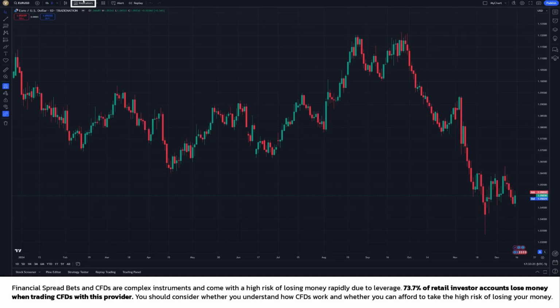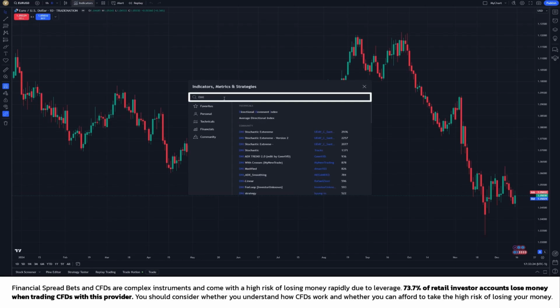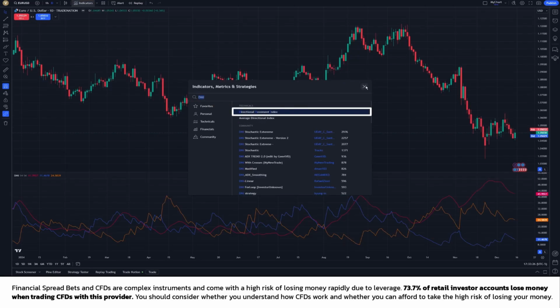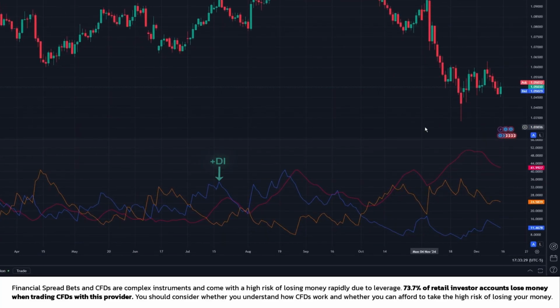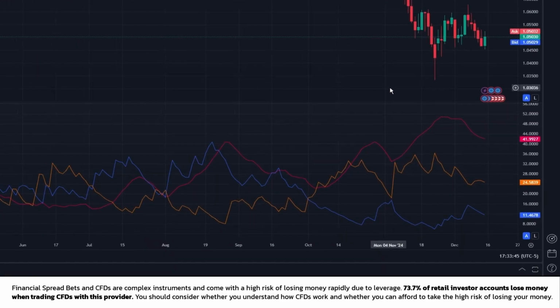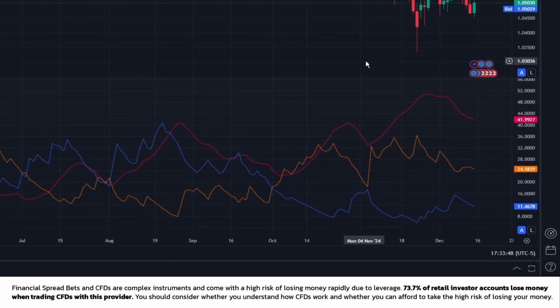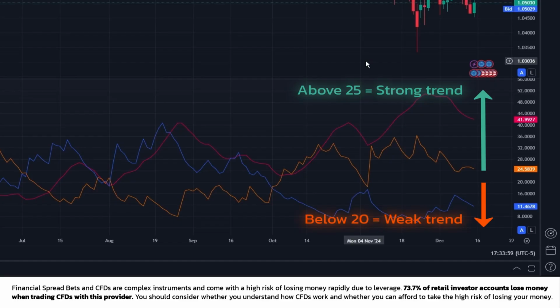To add the indicator to your TradingView chart, go to the Indicators menu and search for it. The positive directional indicator, plus DI, measures the strength of upward movements, while the negative directional indicator, minus DI, measures the strength of downward movements. The average directional index, or ADX, measures the strength of the trend, regardless of its direction. When the ADX is rising, it indicates that the trend, whether up or down, is gaining strength. A value above 25 is generally considered to indicate a strong trend, while values below 20 suggest a weak or